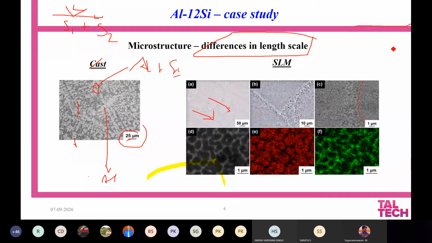If you zoom in on certain regions here, you will see some kind of difference in the picture. There are some coarse features observed here, and there are some fine features observed in the core. If you zoom in further, you can see the coarse feature along the boundaries, which is more rich in silicon than aluminum. So you zoom in further in the core. So you can distinguish it into core and shell.